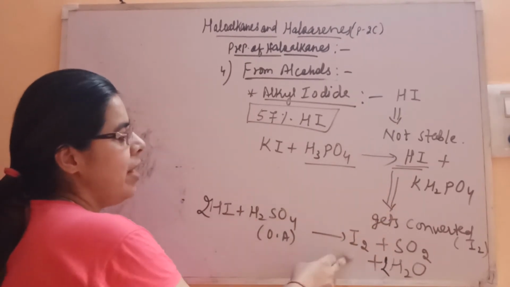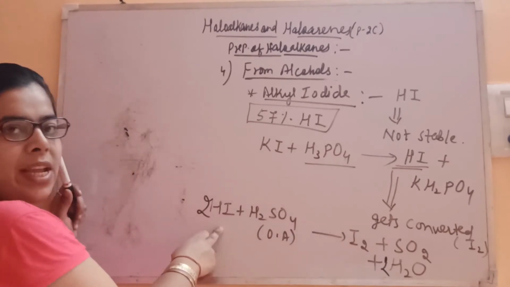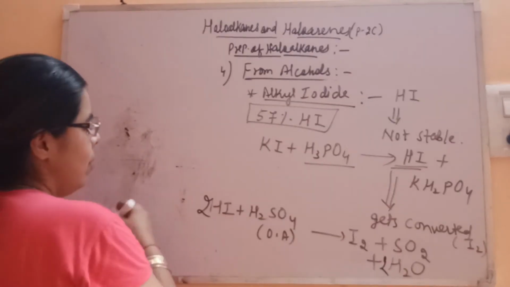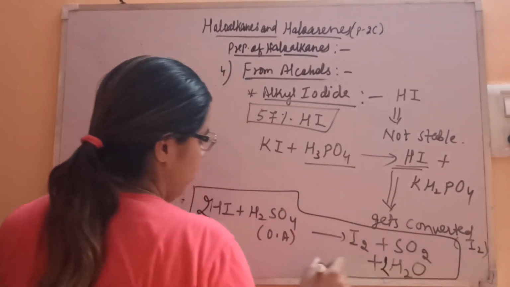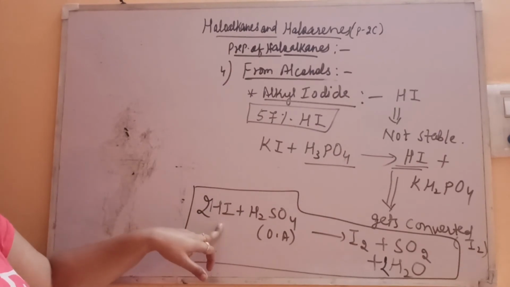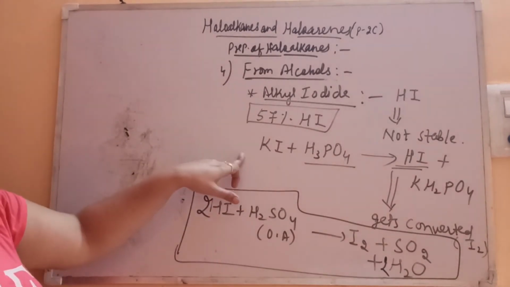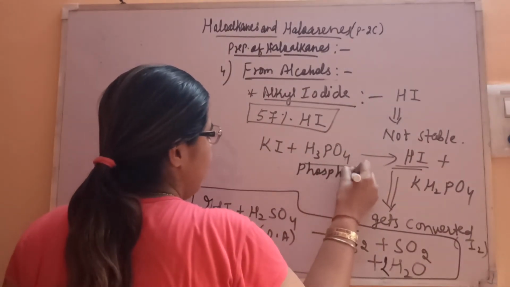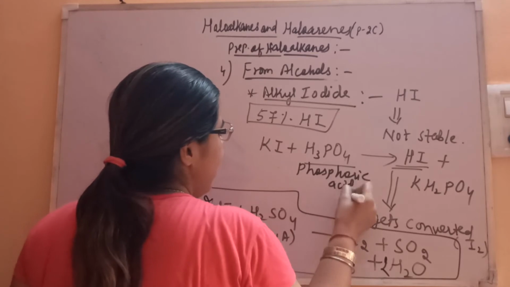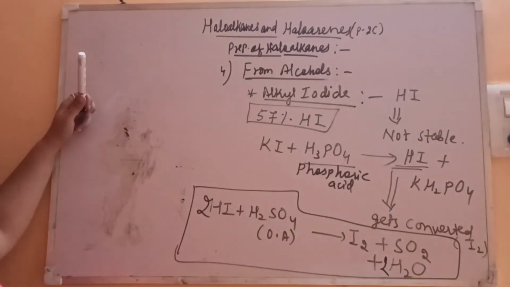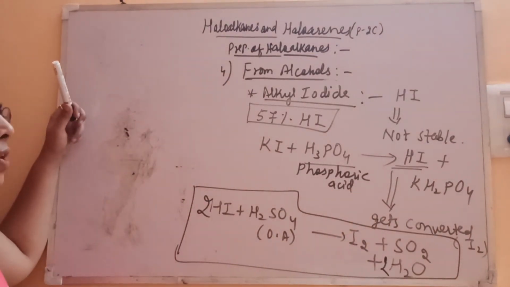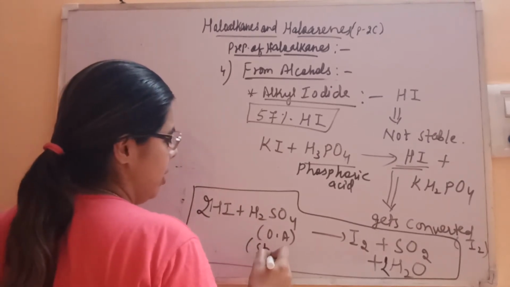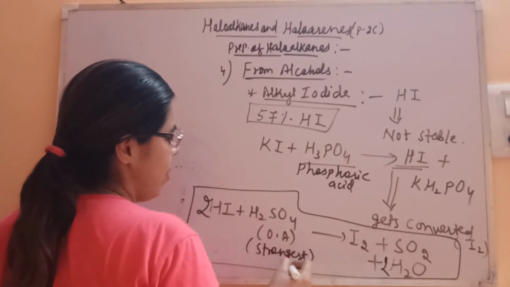So that's why, to prevent the formation of this, because we don't want this, we want this. It is directly converting this HI into I2. We are not getting HI, but we need HI as a reagent. So that's why we have to treat with phosphoric acid, not with phosphorus acid. This is phosphoric acid. This is one of the questions given in your NCERT as well: why KI does not react with sulfuric acid, and why it reacts with phosphoric acid to produce HI. So this is the reason, because here sulfuric acid is acting as a strong oxidizing agent. So this reaction you are supposed to write in that case.